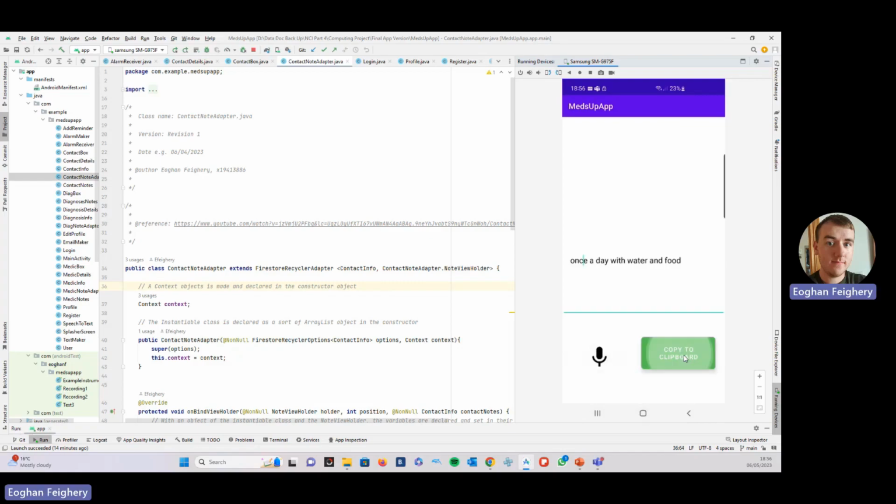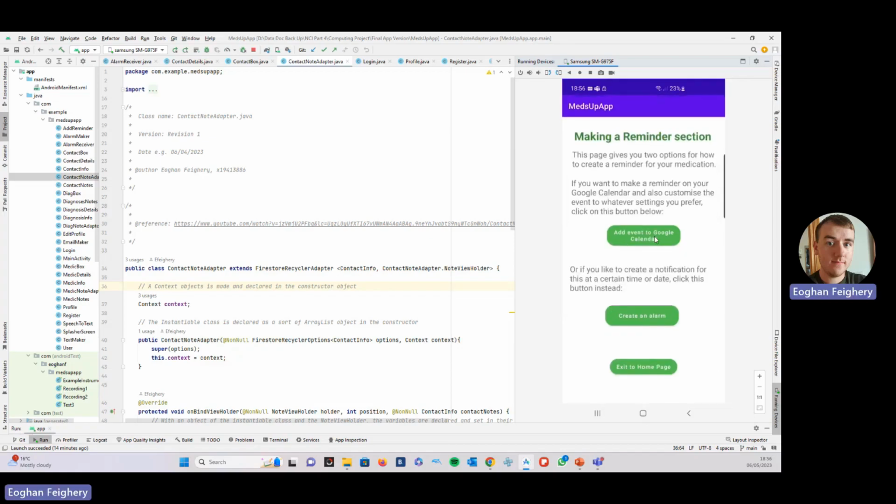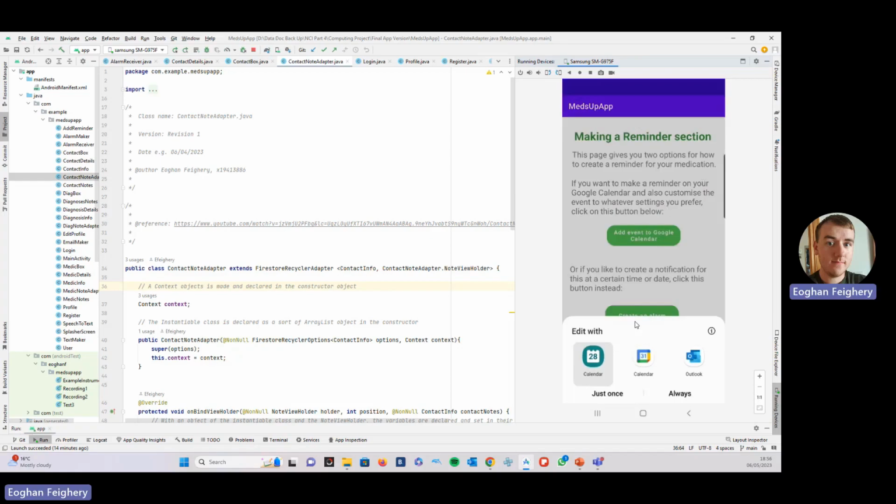And then I can copy this onto the clipboard, and you'll get a little notification to do so. And now to the Google Calendar. Now, of course, you'll be given this little pop-up when you click on the button the first time. But luckily, you can set it. But for convenience, you can just set it to always or just once. In this instance, I'll use just once,